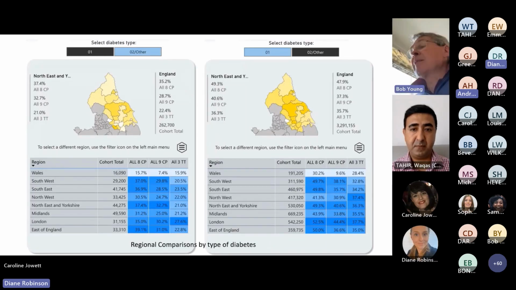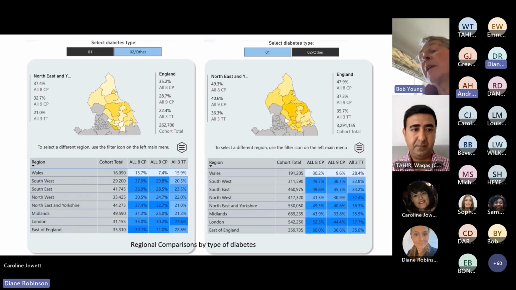This is showing the regions, and then in the bottom panels for care processes and treatment targets. And in the top, you've got the Northeastern Yorkshire,